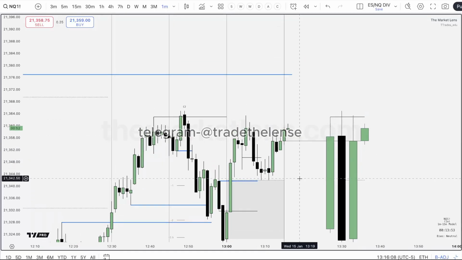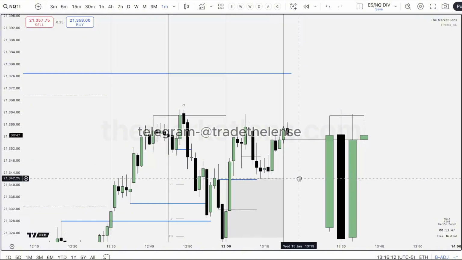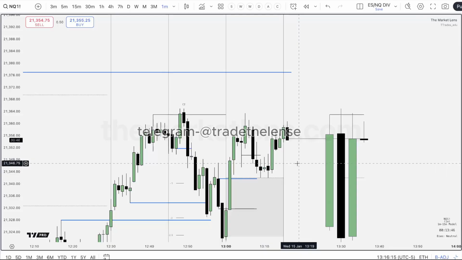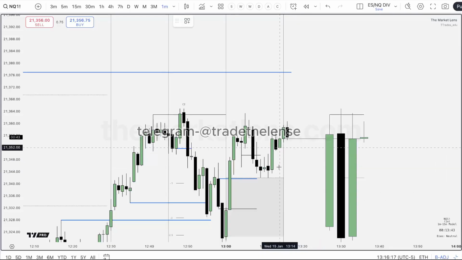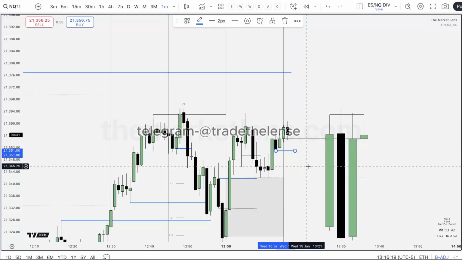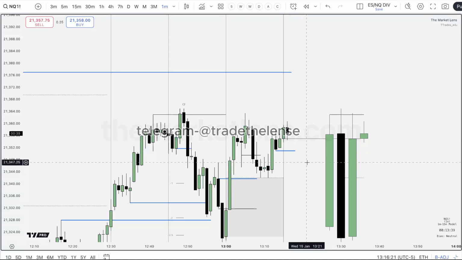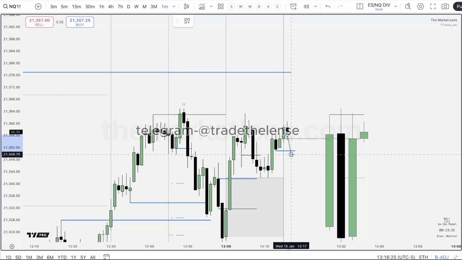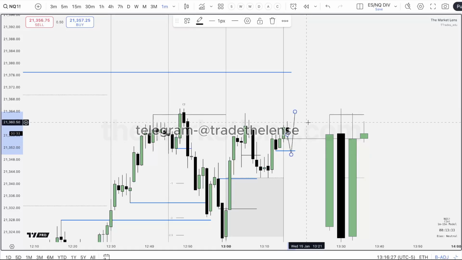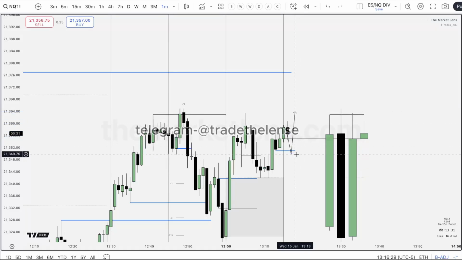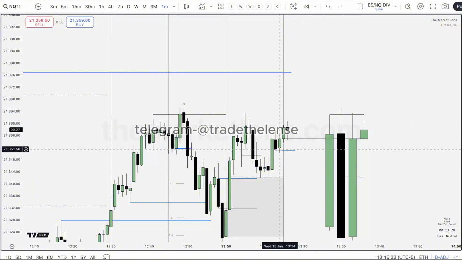See, the thing is, in my head, I like to anticipate stuff. I can think in my head what I want to occur. Right here, what do I want to occur? I always just think, what's my dream scenario for price to do right now? Right here, it'd be for it to go down here, sweep that, then go higher. Right? But it needs to be very early in the candle, which, at that rate, it probably just leaves